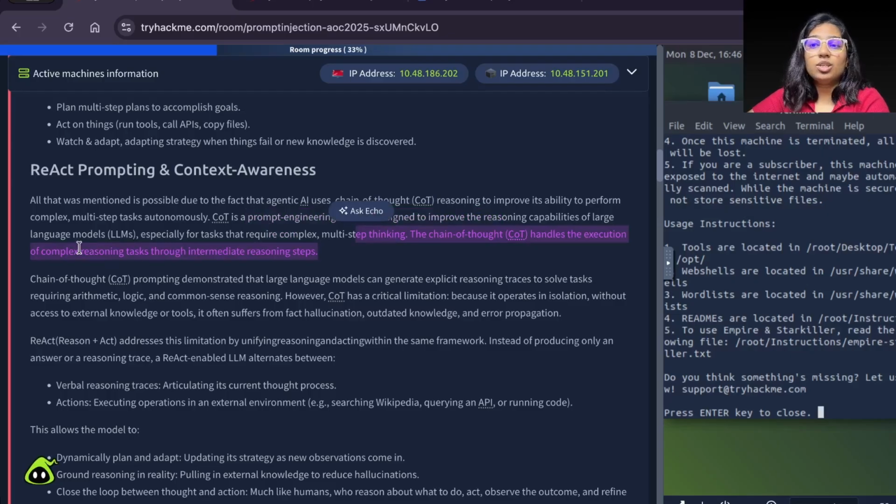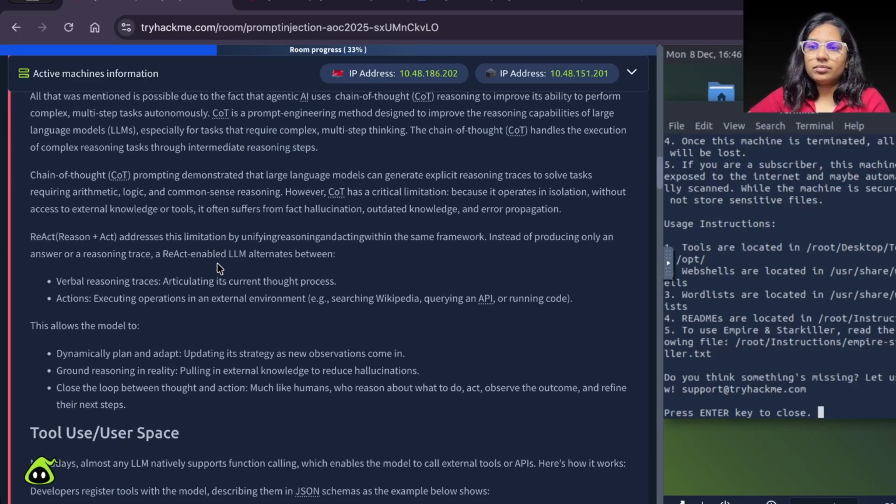Chain of thought handles execution of complex reasoning tasks through intermediate reasoning steps. For example, when you use Gemini, it would show you its thinking process: okay, the user wants this, what should I do? And what kind of answers should I frame? What things should I refer from the net? And things like that. That is called chain of thought.